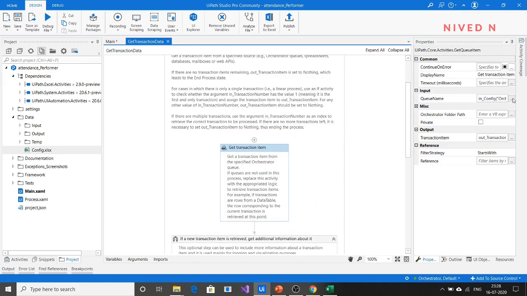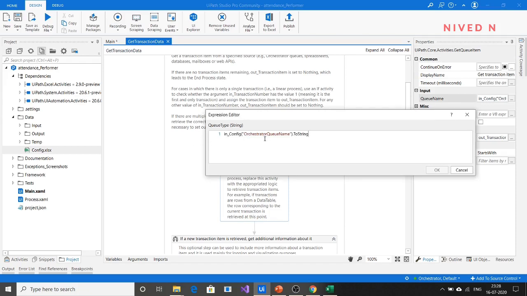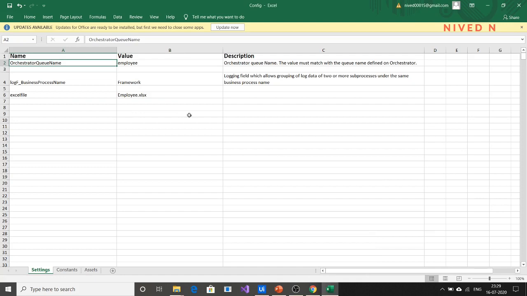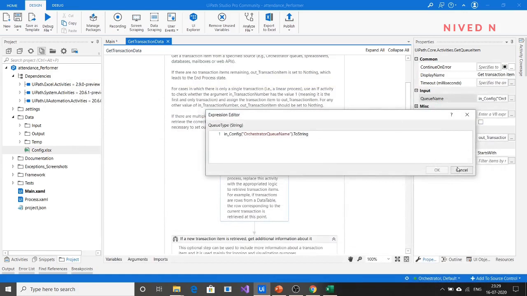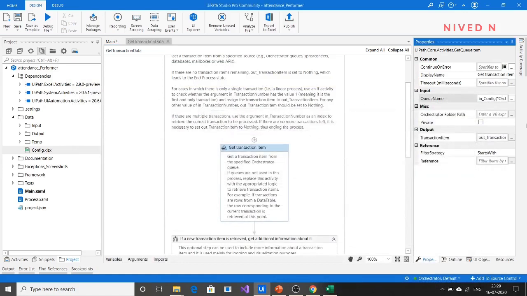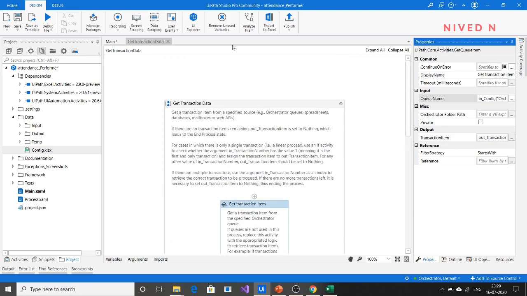And also we have specified the queue name here in config orchestrator queue name dot to string. You can see here this is actually a dictionary format, and we have changed the value here. So there is no need to change here too. So we can avoid that step also.